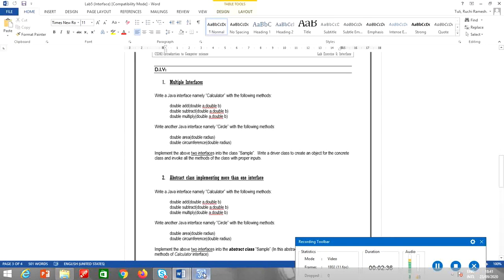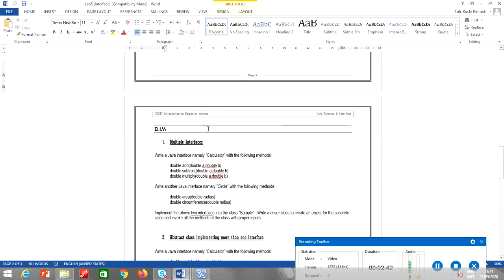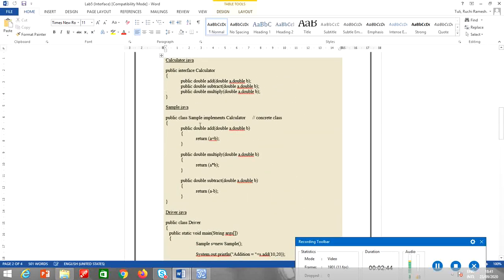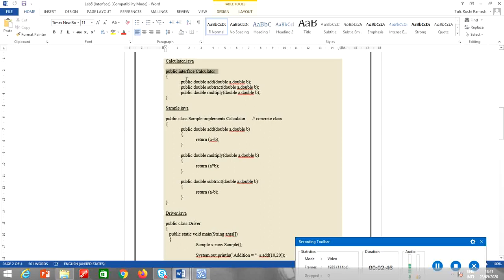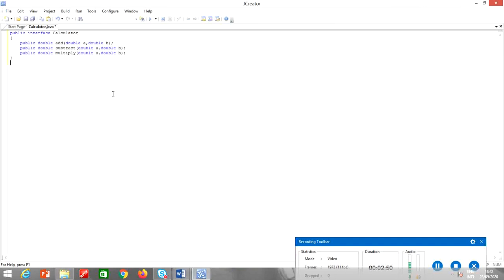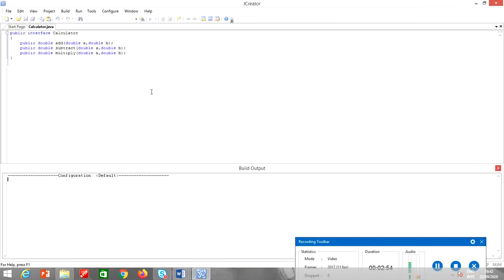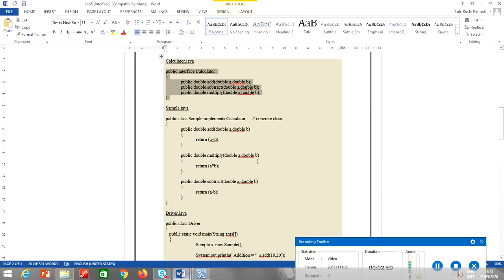Okay, so calculator, it's the same interface, I can see from here. What I will do, I will copy this code. Alright, so I will just copy it over here. And let's compile it, because it's the same interface which we created in the first example. Next is